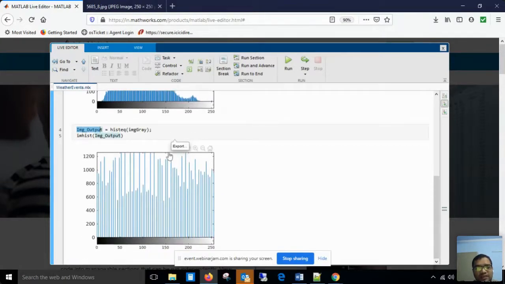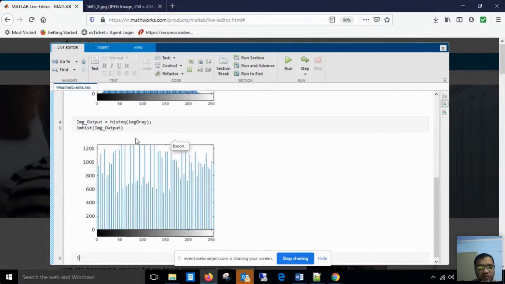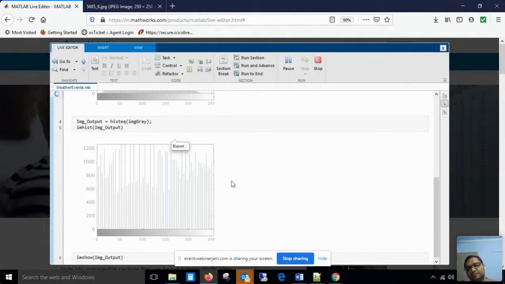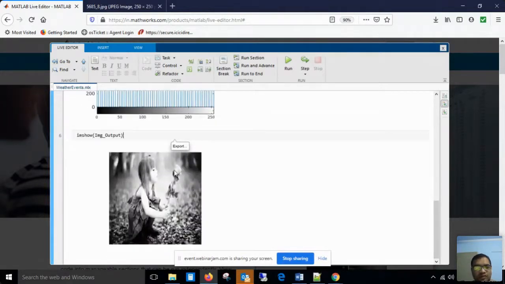So now just see what is the impact of histogram equalization on the image. So imshow, my output has been saved in img_output. So I will use this function and run. So this is my output.